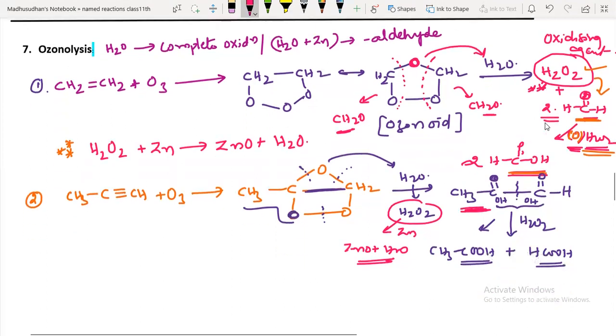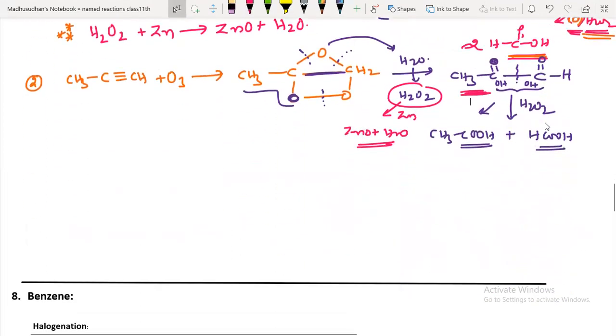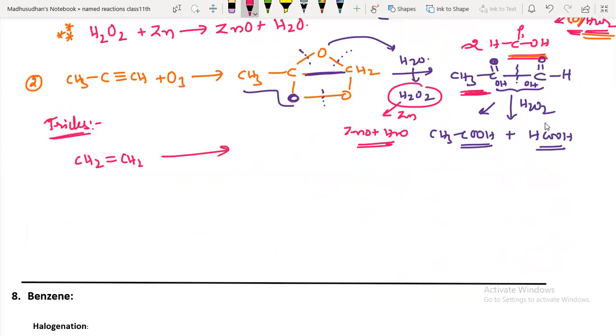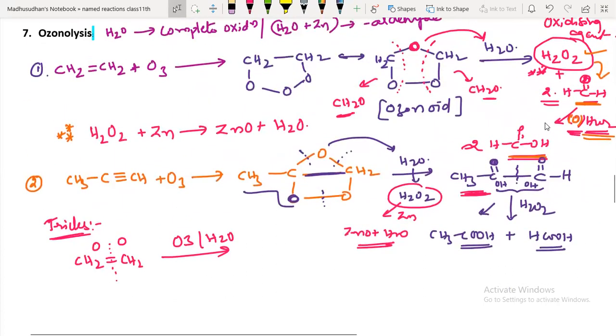Okay. Now in this, I'll give you some simple tricks. Listen to the trick. If an alkene is given to you, the equation is like this: ozone on reaction with water. So break the double bond, add oxygen on both the sides. So guys, what is the product you can expect in that case? On reaction with water, formaldehyde is a final product. Formic acid you are getting, right?